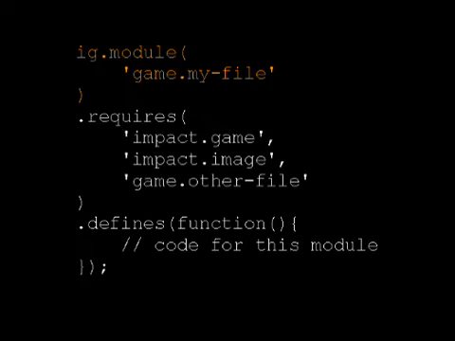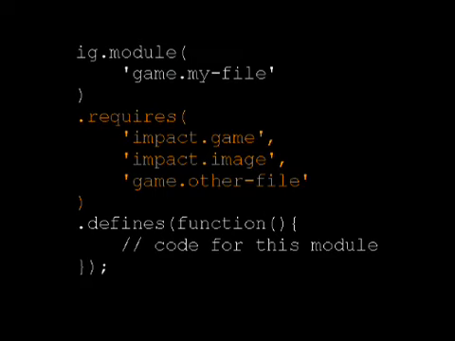The next block is a requires block, and this is kind of what I was talking about. So you can pull in parts of the framework ahead of other parts so that you can actually create really good control over the order of how things are modified in the game engine. So in this case, you can say, load in impact game, load in the impact image, and then any other game files you have. And the way that this works, if you remember back to the slide I was talking about with the structure of the project, this is actually the directory structure.